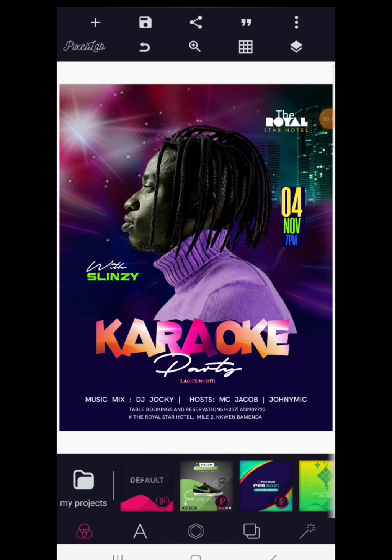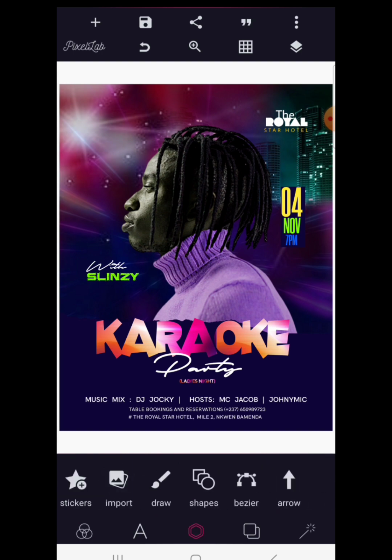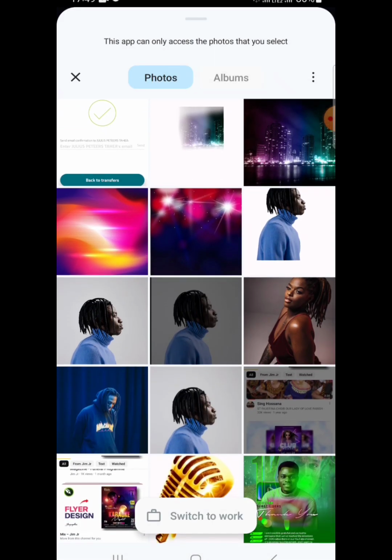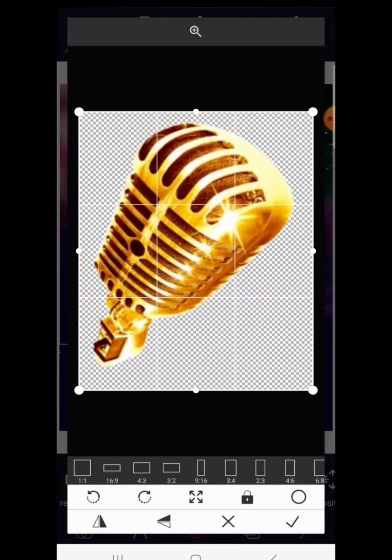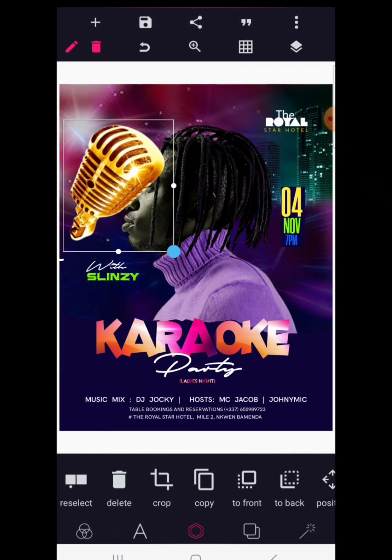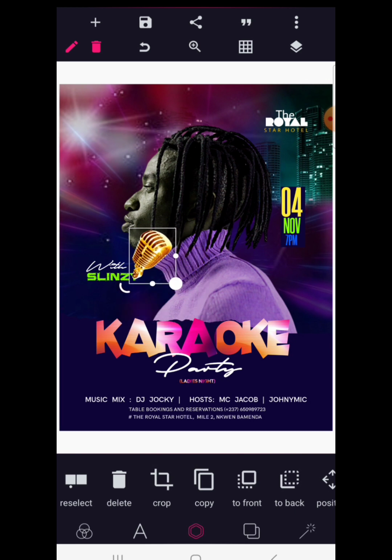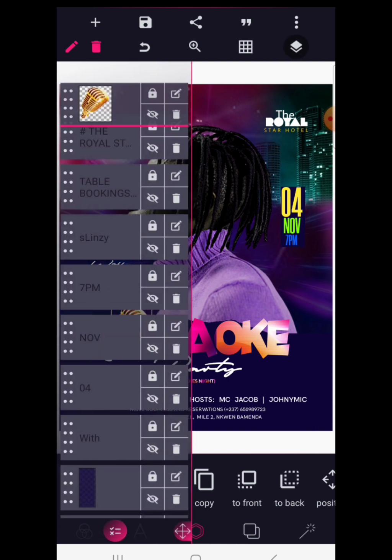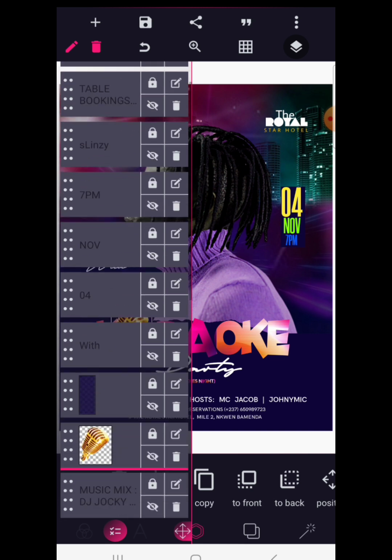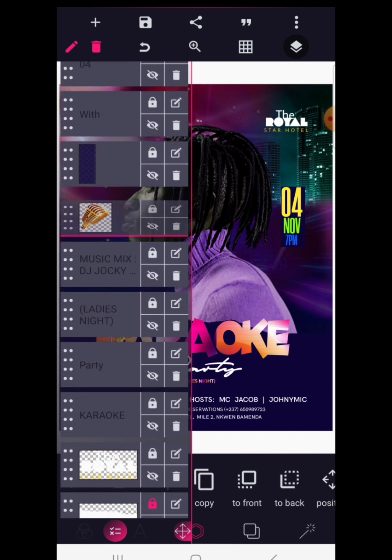This is because the karaoke night party program, or the karaoke party, is usually for remixing of songs. So that's why we are going to import right now this microphone element and just place it somewhere on the karaoke event. So I'm going to reduce the size, and after reducing the size, I'm just going to position it nicely. But then I will go now to my layer option, send it to the back of